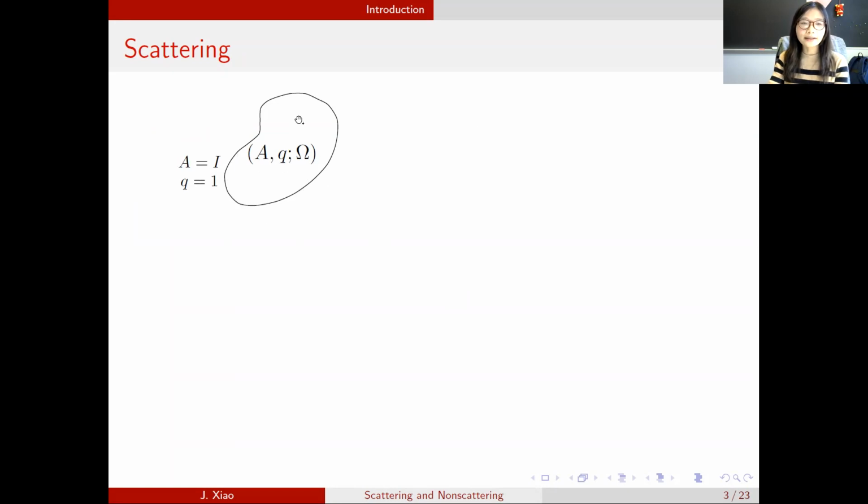And we may have some inhomogeneity, which is represented by these two parameters, A and Q. Omega can be understood as the support of A minus I union the support of Q minus 1. But we can take, say, the convex hull of that, or think about it as a larger